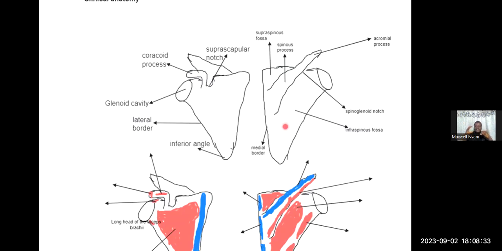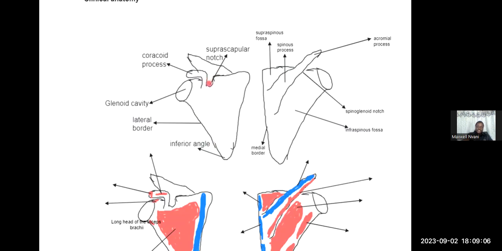Now, the next is borders. It has three borders: the medial border, the superior border, and the lateral border, which is very thick. Now, just before we go to angles, the superior border, just medial to